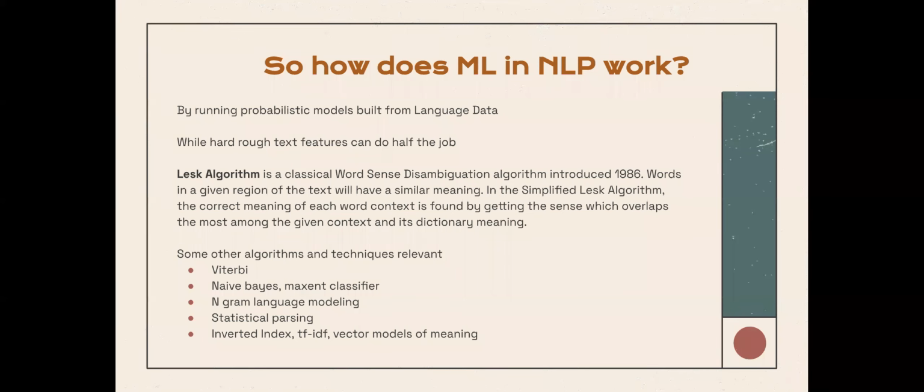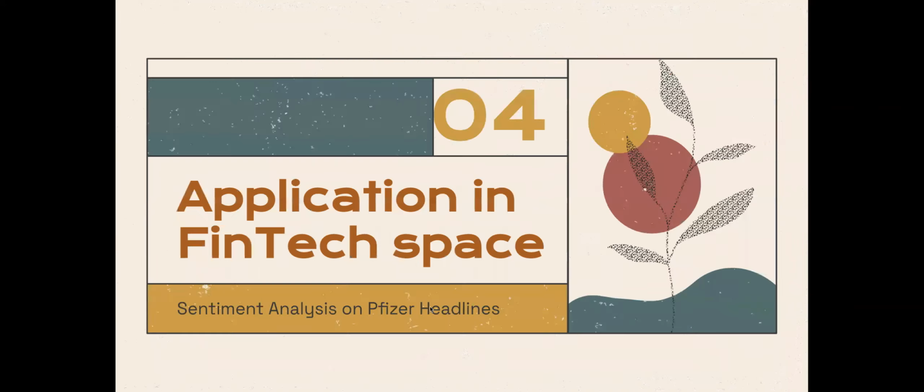And for those who are trying to use NLP for your hackathons, or even for the FinTech Month hackathon that we are conducting, you can take a look at some of the algorithms that are listed over here, whether it be naive Bayes, n-grams, language modeling, statistical parsing, TF-IDF. These are other techniques that are popular in NLP to produce accurate understanding of what the sentence is saying.